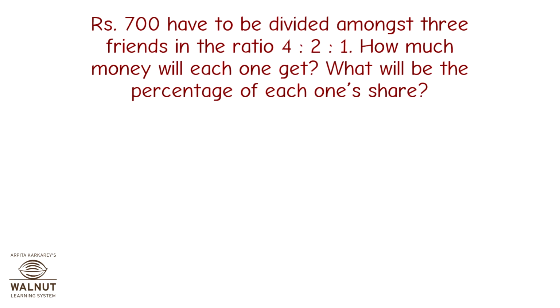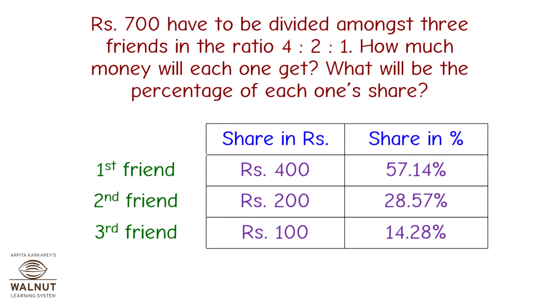So, we have the share of each friend. Let's check whether our answer is correct. Gather the data first. Add up all the shares. We get 700 rupees. That is the amount we had to divide. So, that is correct. Add up all the percentages. We get